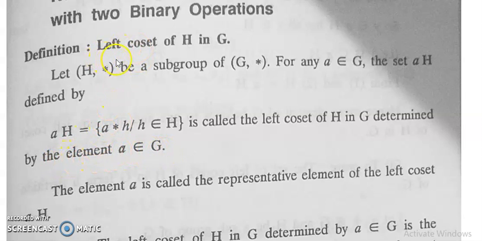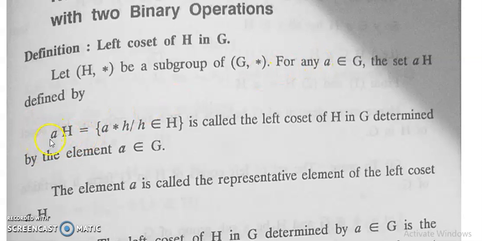So how do you define the left coset of H? Here capital H is a subgroup of capital G, (H, *) is a subgroup of (G, *). Now let us take an element from G. For any element a in G we can define the left coset, that is aH is equal to